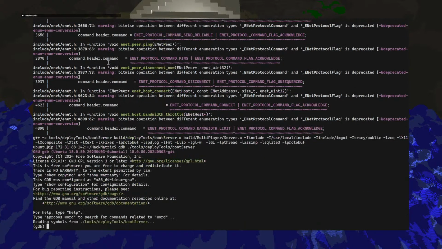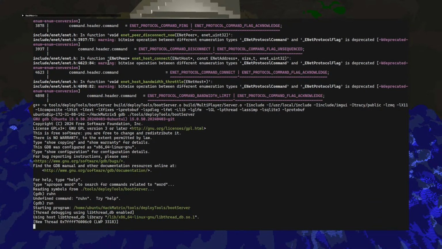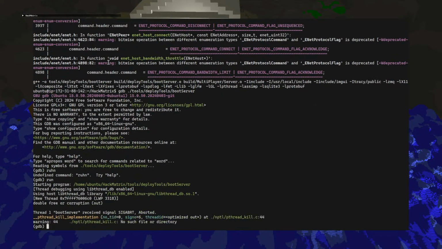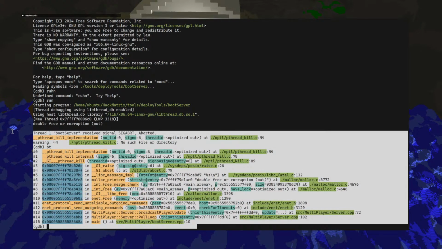Okay, let's rerun GDB and I'll try to connect again. Oops, okay. So there's a SIGABRT again, every time I connect. Let's just paste this into Claude.